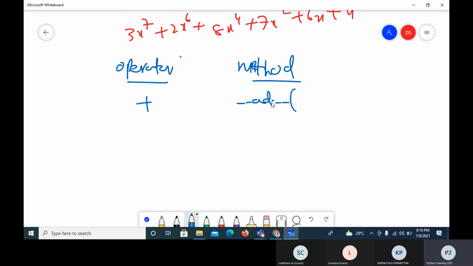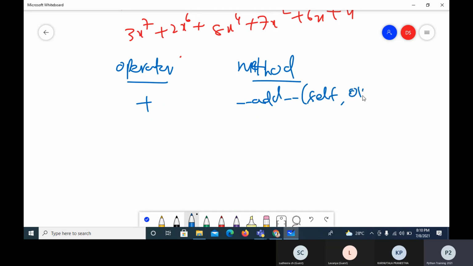Here one object is passed, which is self. Then the second object is passed as other.